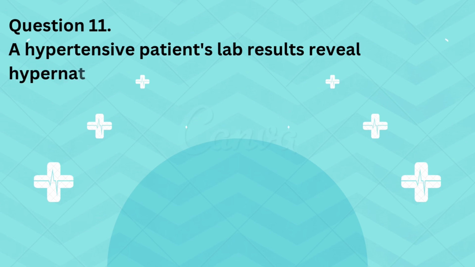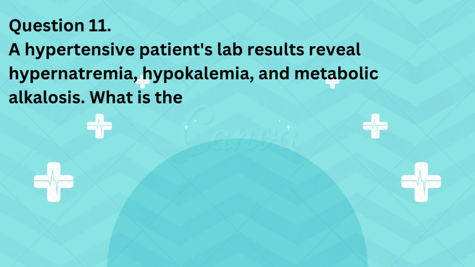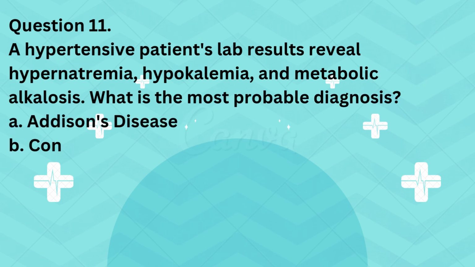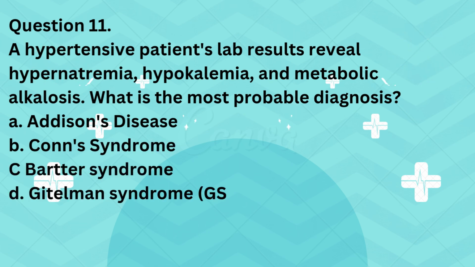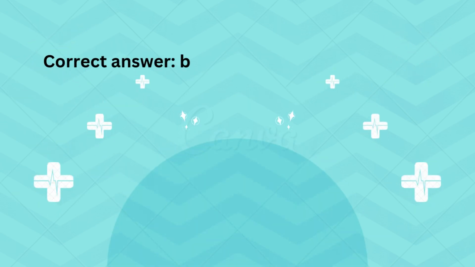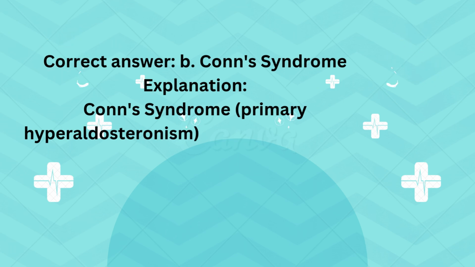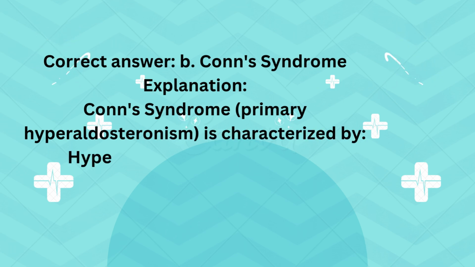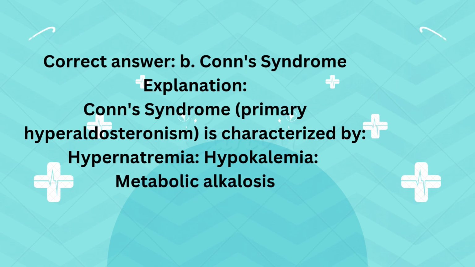Question 11. A hypertensive patient's lab results reveal hypernatremia, hypokalemia, and metabolic alkalosis. What is the most probable diagnosis? A. Addison's disease. B. Conn's syndrome. C. Bartter syndrome. D. Gitelman syndrome, GS. Correct answer, B. Conn's syndrome. Explanation. Conn's syndrome, primary hyperaldosteronism, is characterized by hypernatremia, hypokalemia,